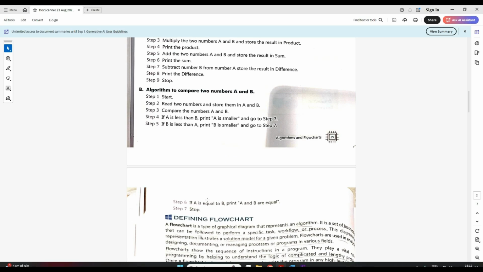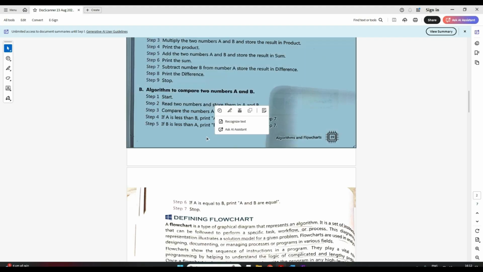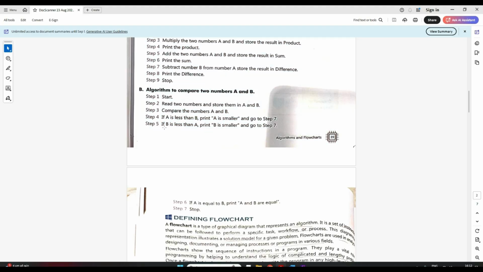And the third will be if both of these conditions are not satisfied. What does that mean? A is equal to b, that means neither a is less than b, nor b is less than a, so that means they are equal. So this check you don't need to do, you can directly print a and b are equal. But anyways, if you put this extra check, it doesn't hamper your program, right? So if a is equal to b, print a and b are equal. So when you're comparing two numbers, we are comparing three things, right? If a number is less than, greater than, or equal to. Okay, it's a very simple program, right?